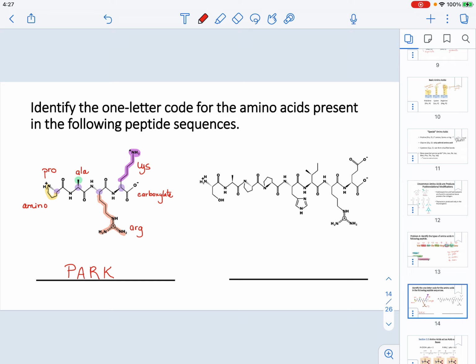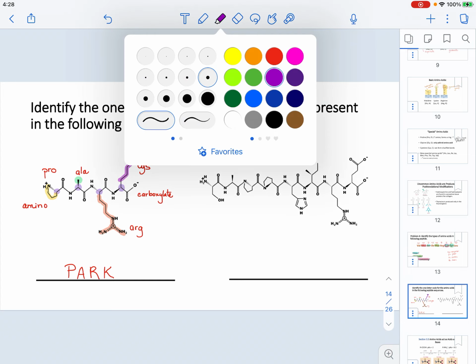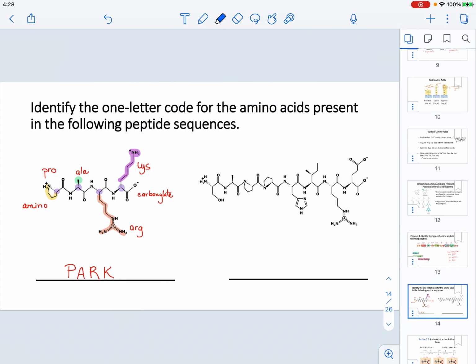Let's move on to the second example. Okay, this one is a little bit longer. I go through the same process. Let me find the pattern. Okay, I have an amino group here. I have the carboxylate. Remember, the amino is the beginning, the carboxylate is the end. So I have